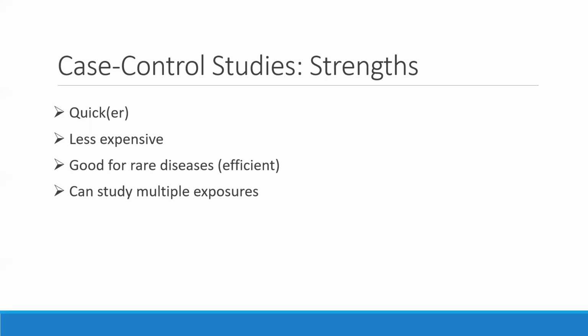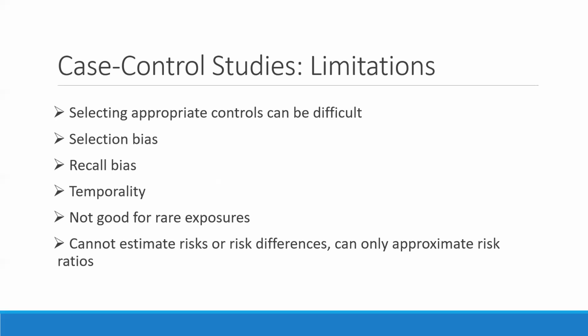I'm doing 100 of these and I'm done. Right. There are, however, limitations to case control studies. We talked about selecting the right controls. So that's selection bias. Recall bias is also one of the major problems in